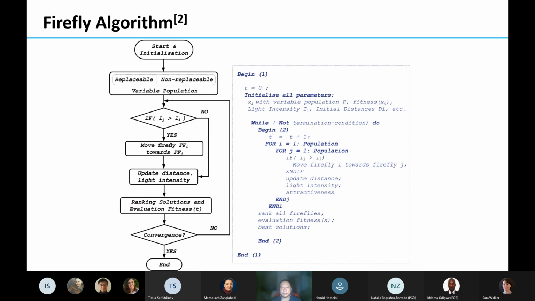This means the algorithm will go through the population one by one. It goes through every individual firefly to check its status, to keep the good results and remove the poor results.